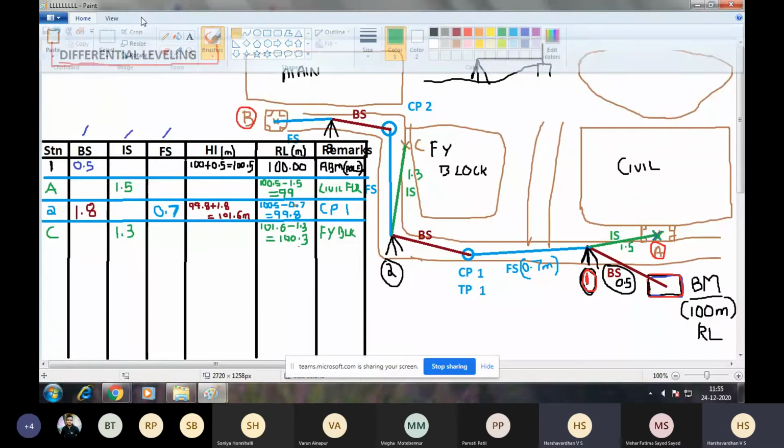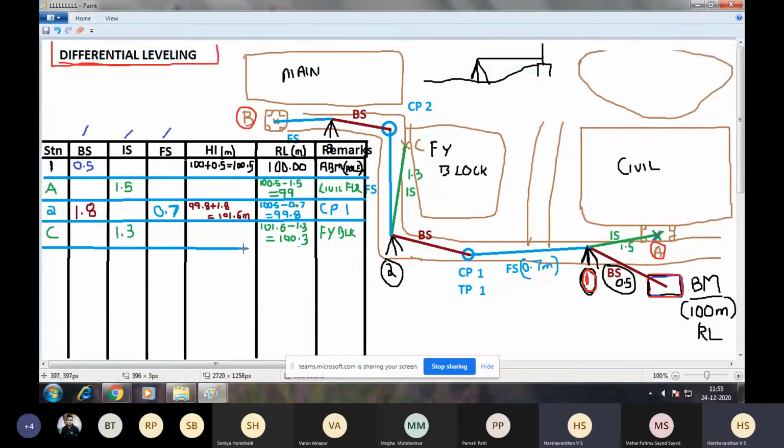So this is the RL of point C. Can I see point B from this point? No, I cannot see point B. So I'll have to take a change point.